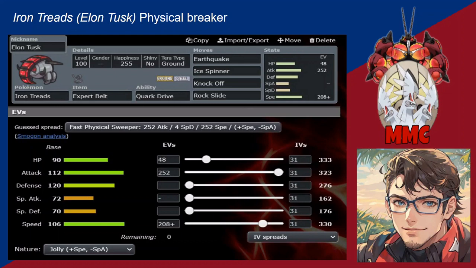So this thing basically outspeeds a lot of his mons, except for the Latios, which is kind of a bummer because Knock Off can almost OHKO Latios, and maybe the right set can get OHKO'd. But looking at his team,